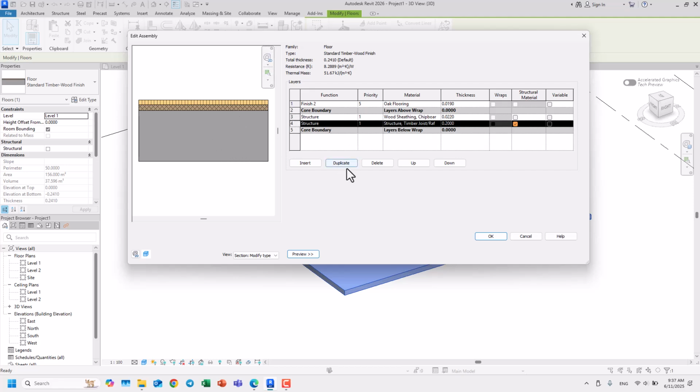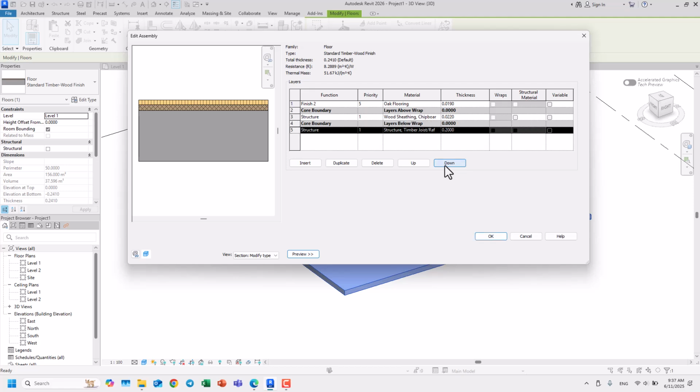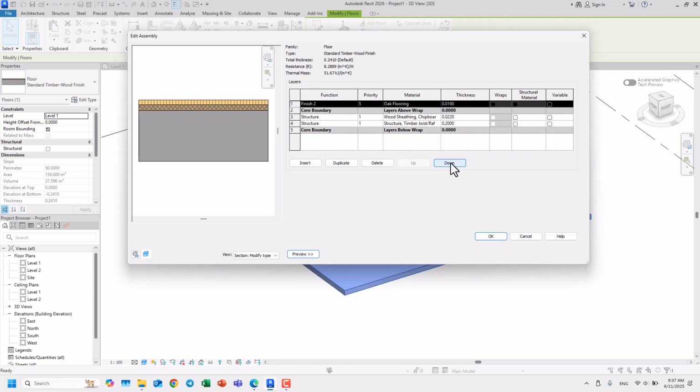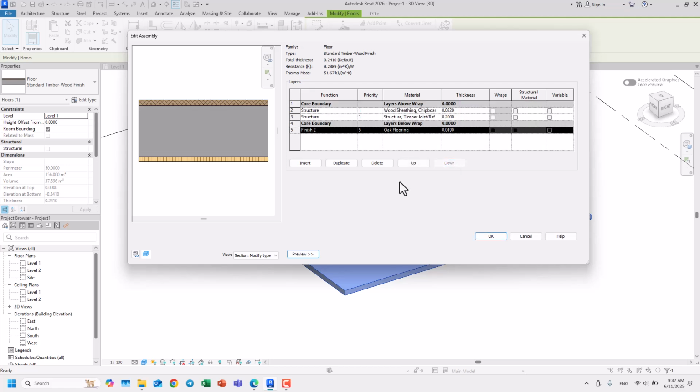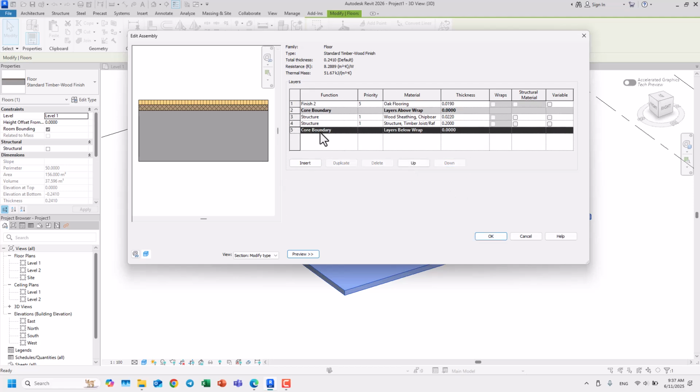We can change this. Let's select this structure and move it up. It goes up. This goes in the center, in the middle. We can bring it down or bring it more down. Okay, we can bring this down like this, or we can move it up. We can insert another material for the down below. Let's insert one which is entered as a structure. I will move it down and make it finish